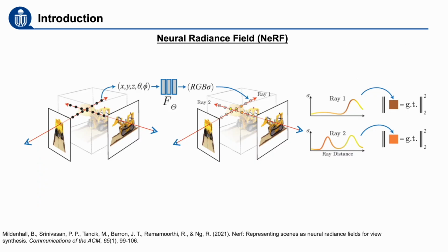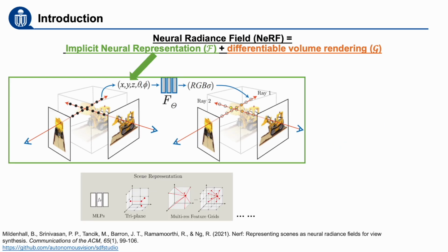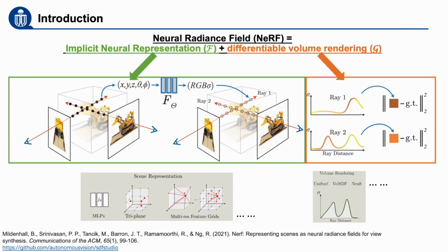Essentially, neural radiance field, NeRF, is an emerging technique based on implicit neural representation, in combination with geometric rendering. It achieves state-of-the-art novel view synthesis results. It employs a multilayer perceptron as its implicit neural representation to map a 3D point to density and color via differentiable volume rendering. Various NeRF variants have emerged since, featuring unique representations such as grid and triplane, or focusing on